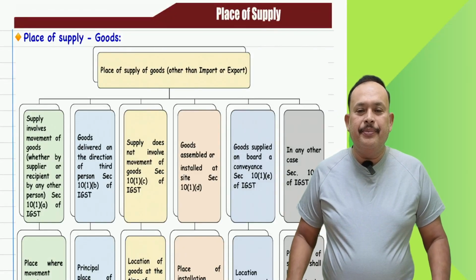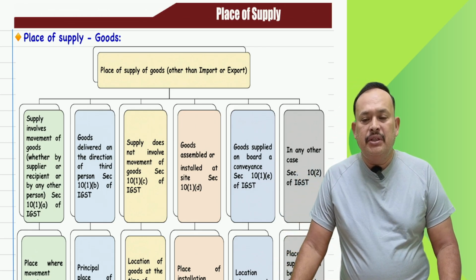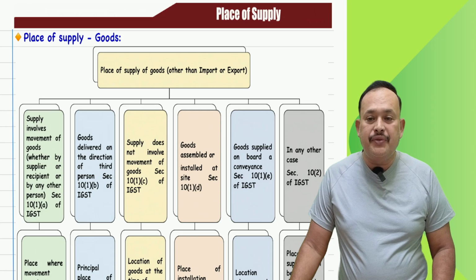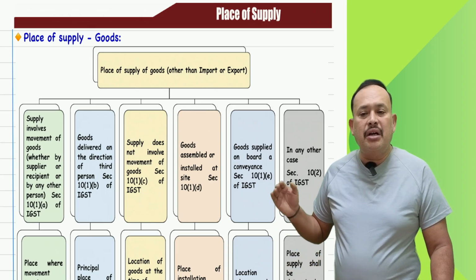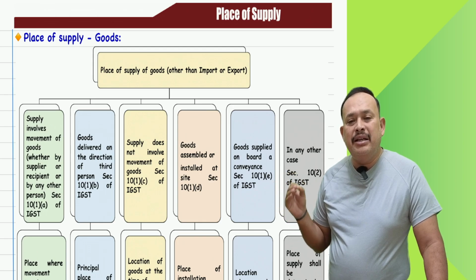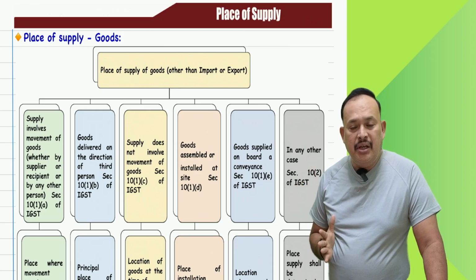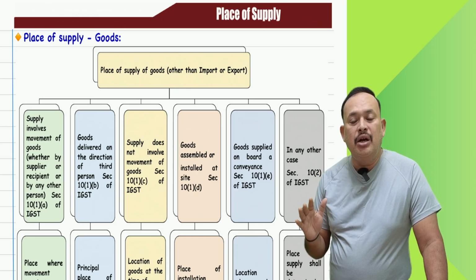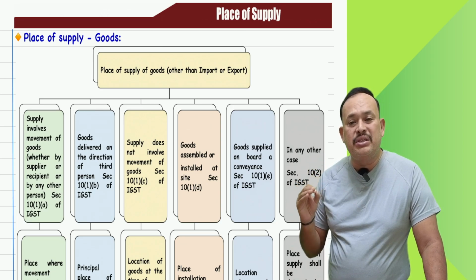Namaste, my dear friends. Referring to you now, place of supply, supply of goods, followed by place of supply, supply of services. Now, let us start place of supply for supply of goods by inviting the attention on the part of the IGST Act. Place of supply provisions one can understand only by referring to the Integrated Goods and Services Tax Act